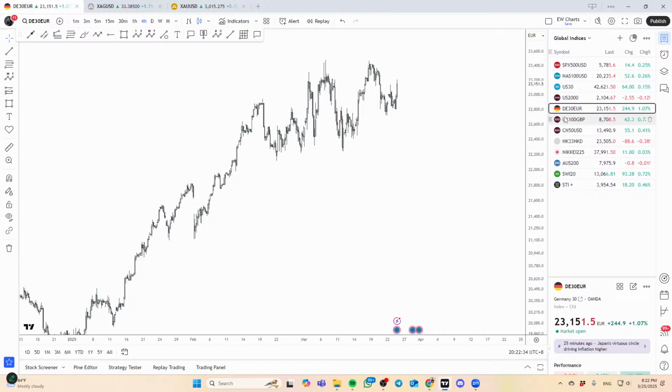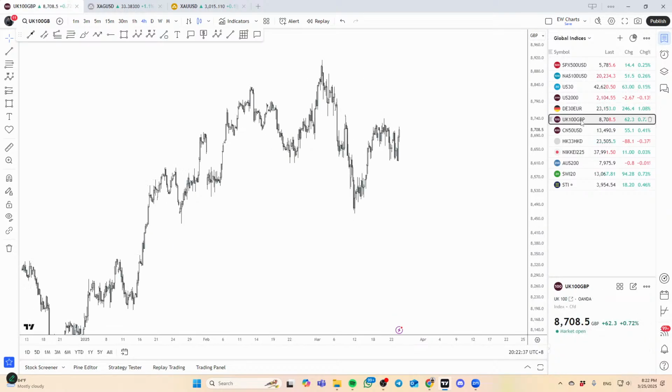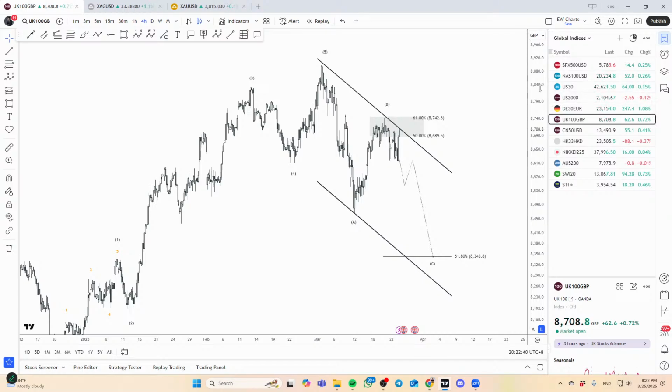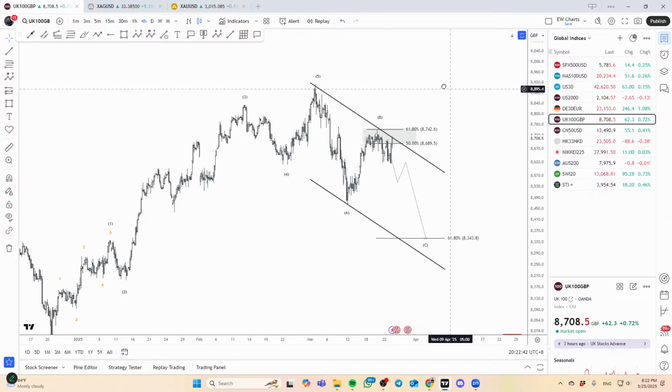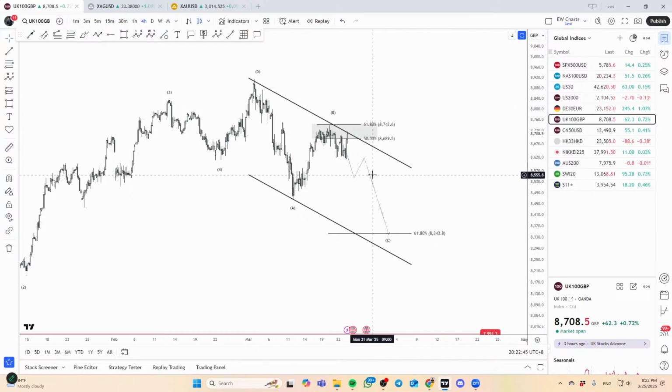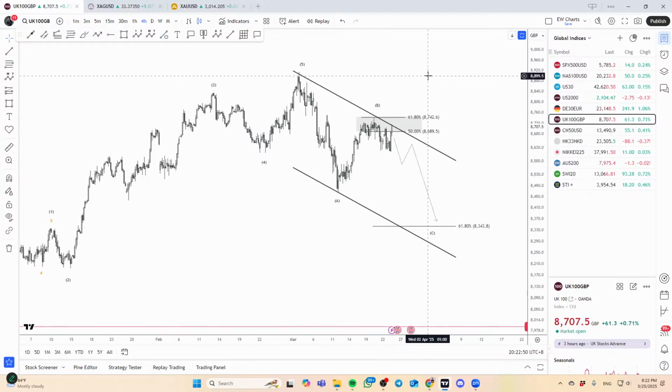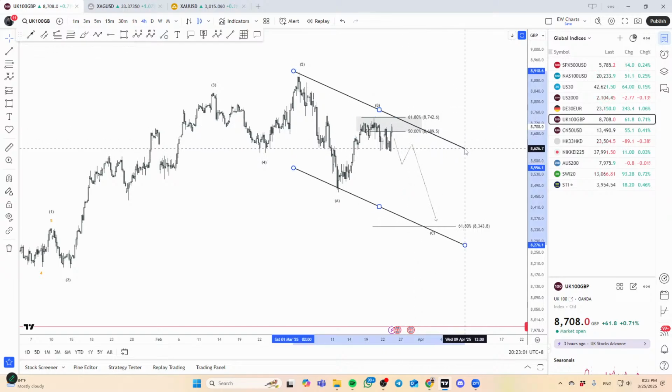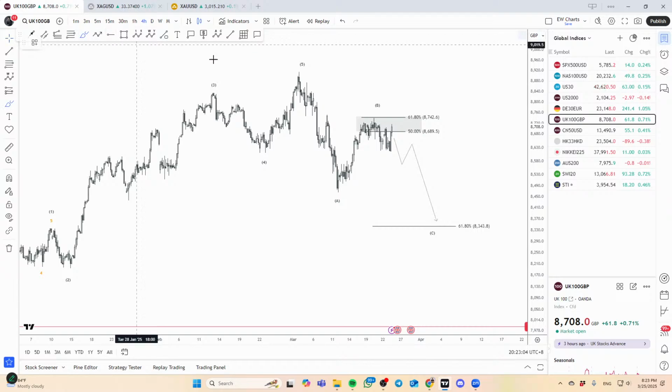Okay, quickly cover some of the indices as well. I think yesterday we did mention a bit here and there as well, so just kind of follow up a little bit on that. This one here in UK FTSE, the market did pull back up a bit, right? So what you want to be careful of now is we might potentially get this to tag the 618, break this before the U-turn. Okay, so setup wise,